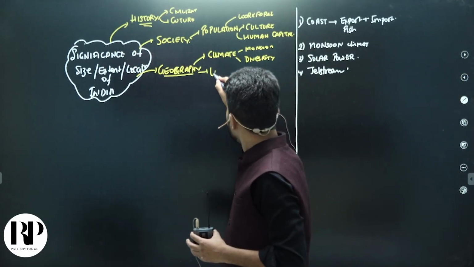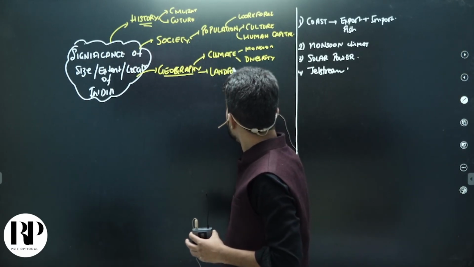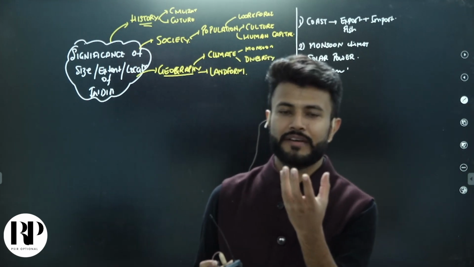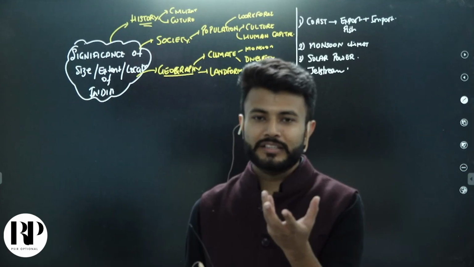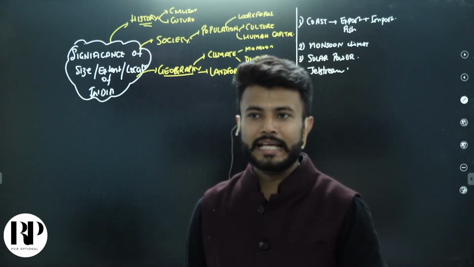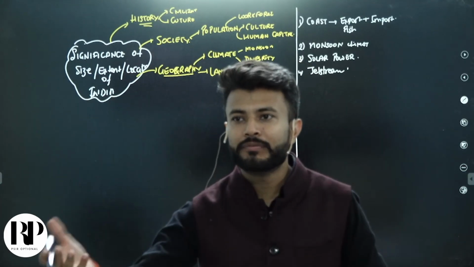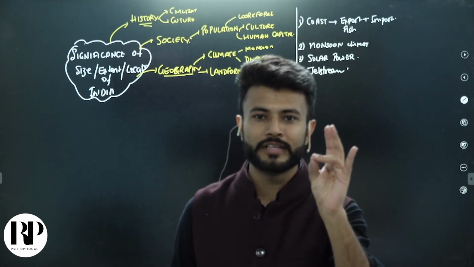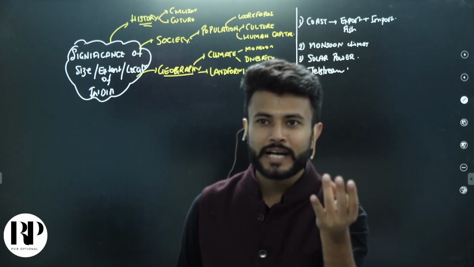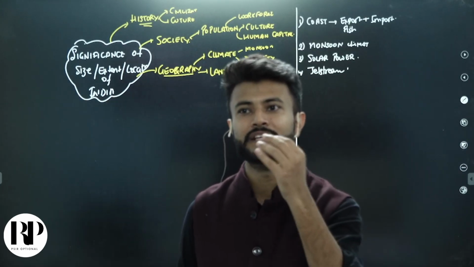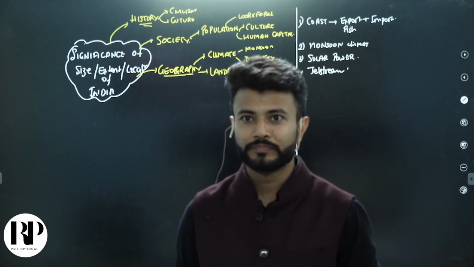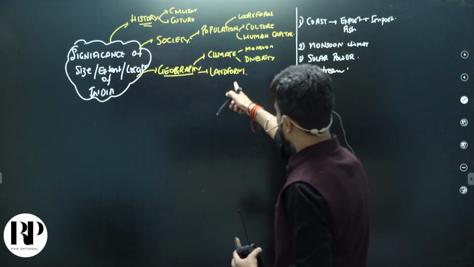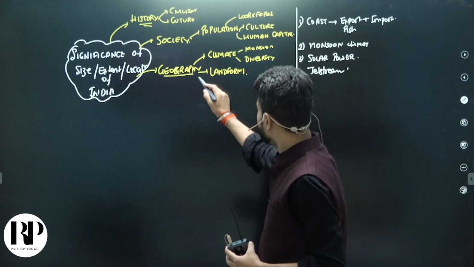Then you have huge landforms. The countries in general which have a very small size will obviously have fewer landforms. In India, you find almost every type of landform. You have young folded mountains, old folded mountains, block mountains, rift valleys, plateaus, coasts, deserts, everything is there, and oceans also, right? Plains, the great northern plains. So you have a lot of landforms. Then